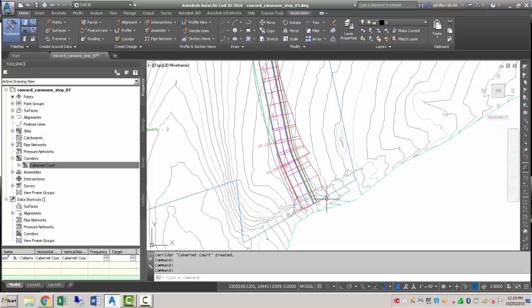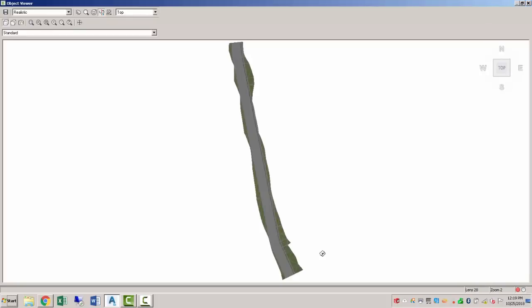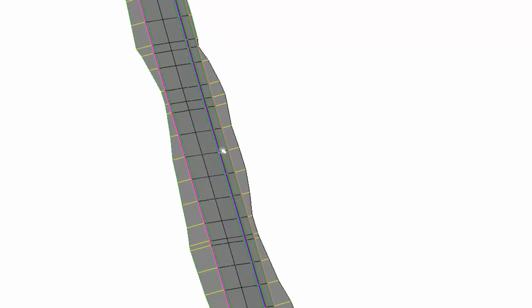So what we want to look at is the object viewer now. So if we click on our corridor and then we right click and go to object viewer, this allows us to look at 3-dimensional features. I'm going to go to the basics here, just to shade it with gray, and then we can use our scroll wheel and our mouse to move this around. I'm going to click on top just so it allows me to pivot a little bit easier. Oops. And we can get a view now of our